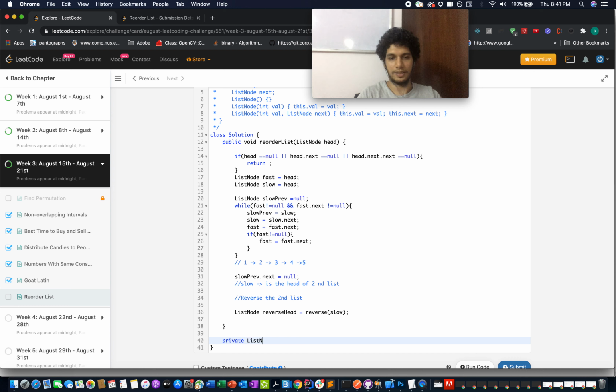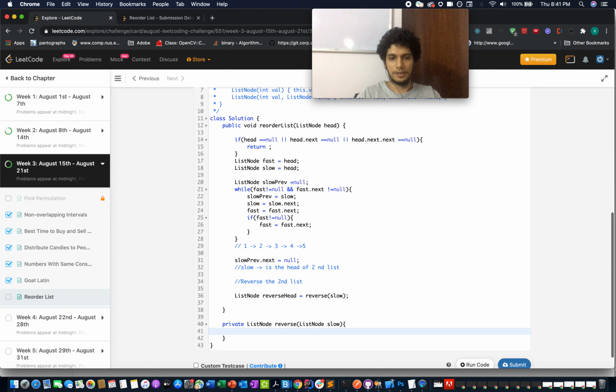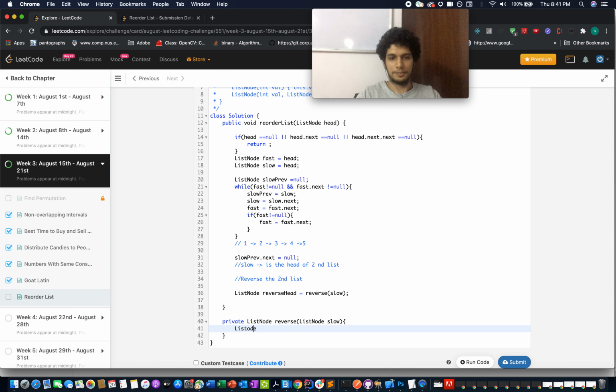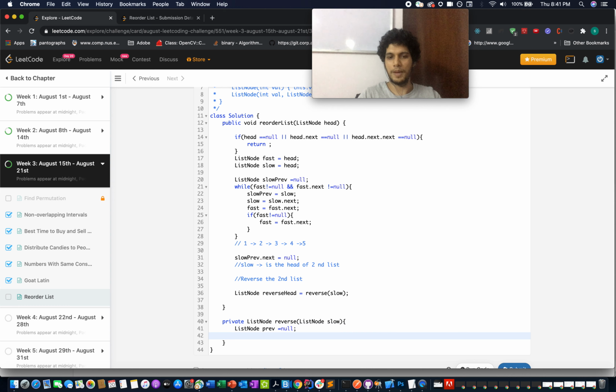Private list node reverse list node slow. So list node previous, this is a typical method to write to reverse the linked list.